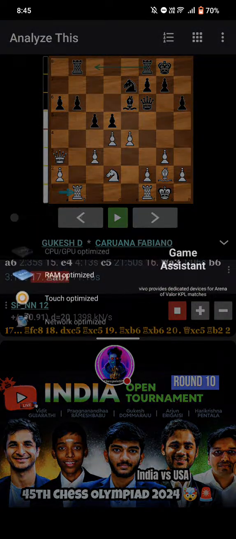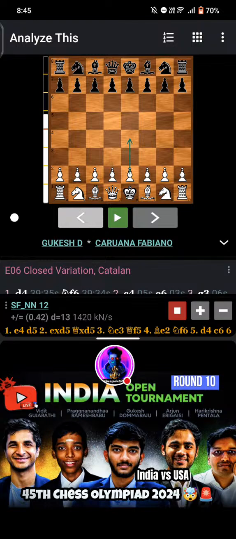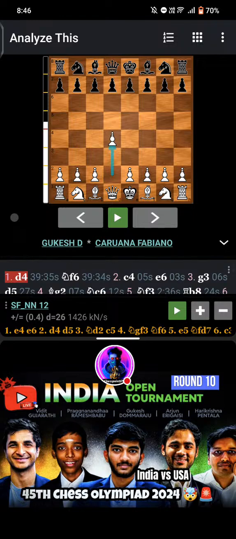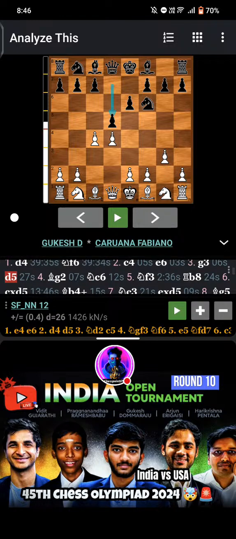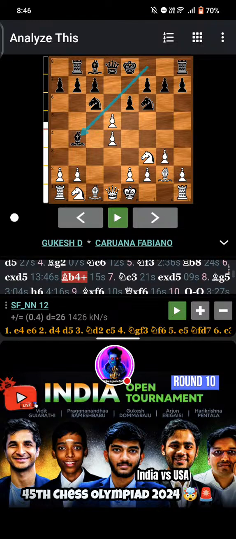So it's over 17 moves played here. So we go to the first move here. Gukesh is from white. That's why he played d4, then knight f6, then c4, e6, g3, d5, bishop g2, knight c6, knight f3, rook b8, c takes d5, bishop b4 check, knight c3,